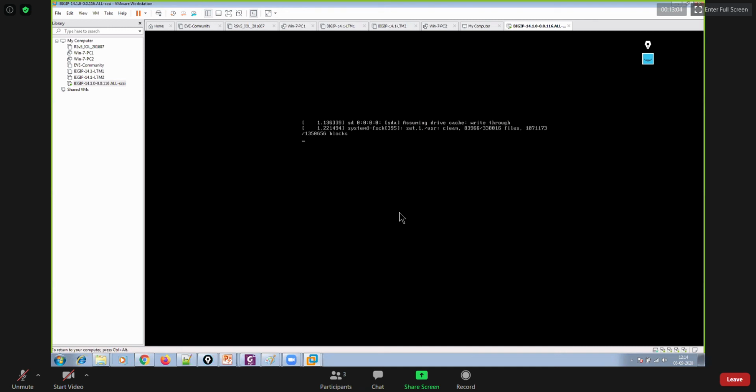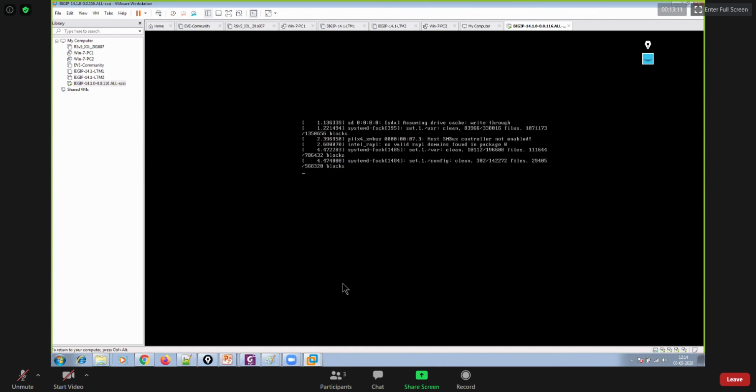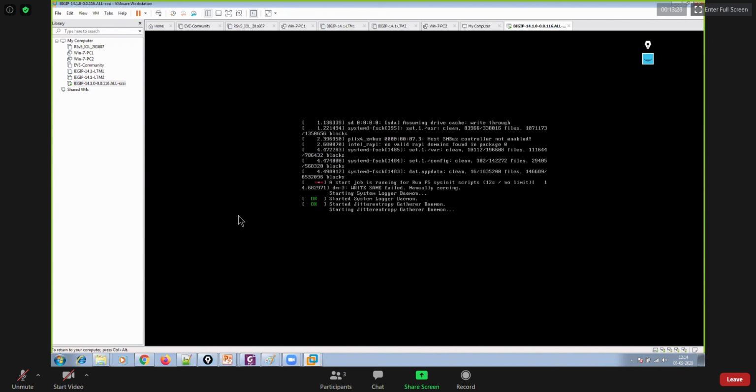Utilize two different ways of installing the license. First I'll use the manual way of installing the license, and then I'll teach you how to install the license automatically.